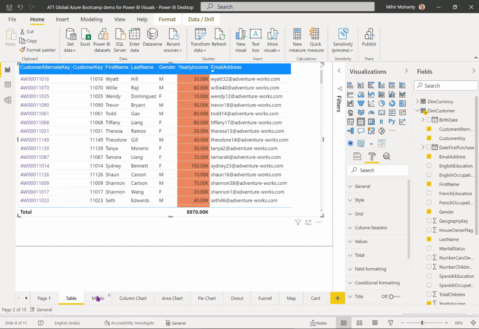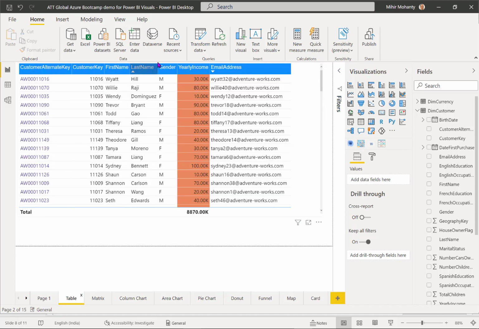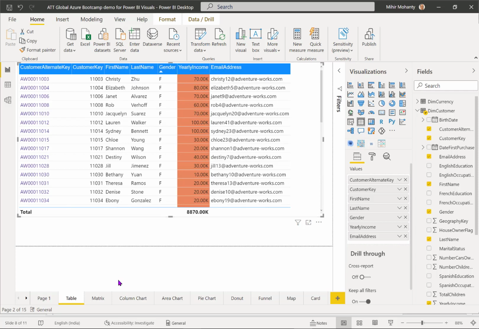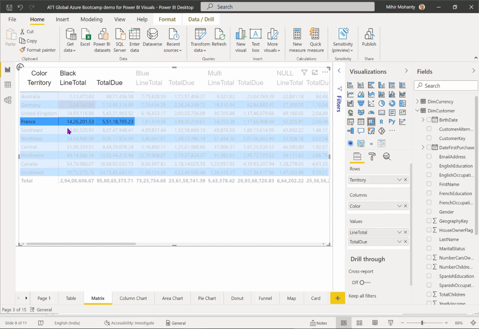Now let's move to another view, which is called matrix view. Matrix view is similar to tabular view, but what happens in matrix view, this allows you to select one or more elements like rows or columns or values in the matrix to cross highlight. Because in table, if I select a column, it highlights only that specific column, then I can start working on these. But if I come to matrix view and I want to highlight something specifically, you can see these 3 columns, and this is the row being highlighted.